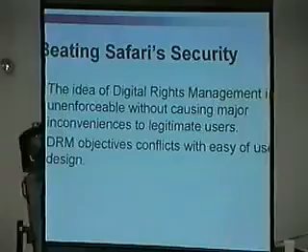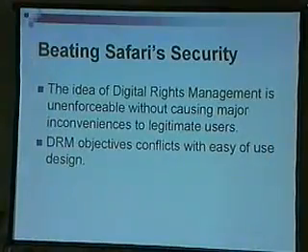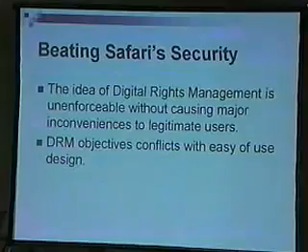Now, basically, this is because digital rights management is really unenforceable. I mean, they can't let you see it and not let you keep a copy of it. You can do it automated, and that's pretty much what we're doing. Digital rights management conflicts with ease of use, too, because as you're using this system, if you try to log in through 2 browsers, or you're at your home machine and work machine, things start to get logged out, and it can create a lot of problems for you. So when they put in all these limits on what you can do, it actually makes ease of use harder.